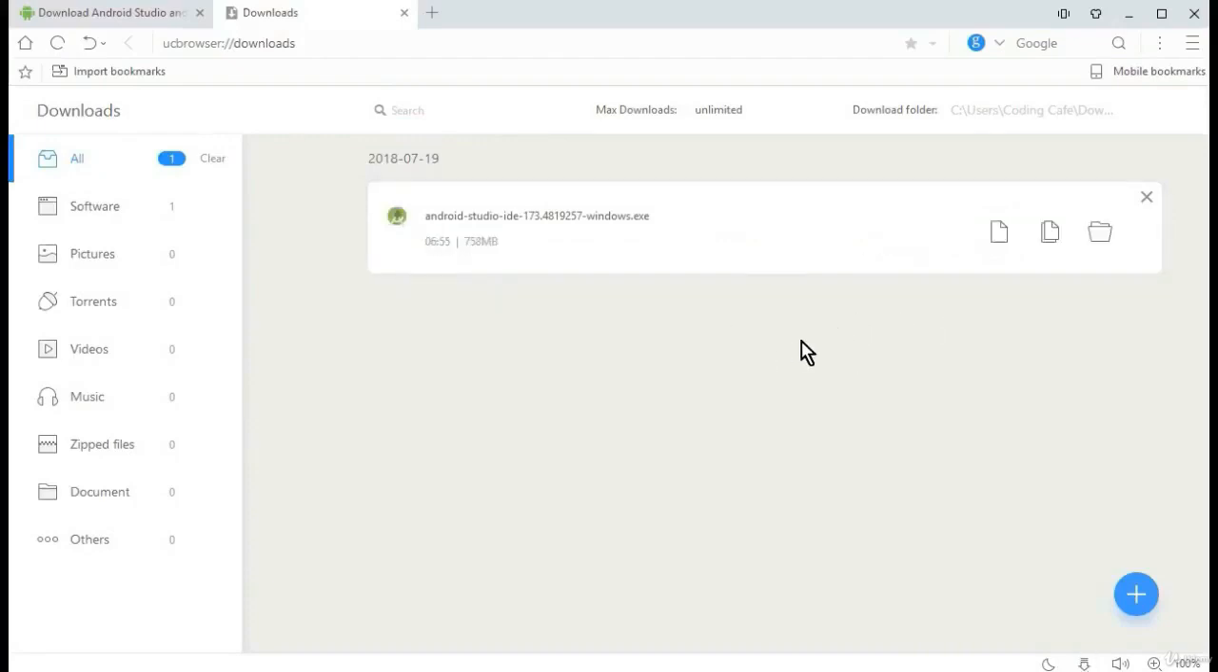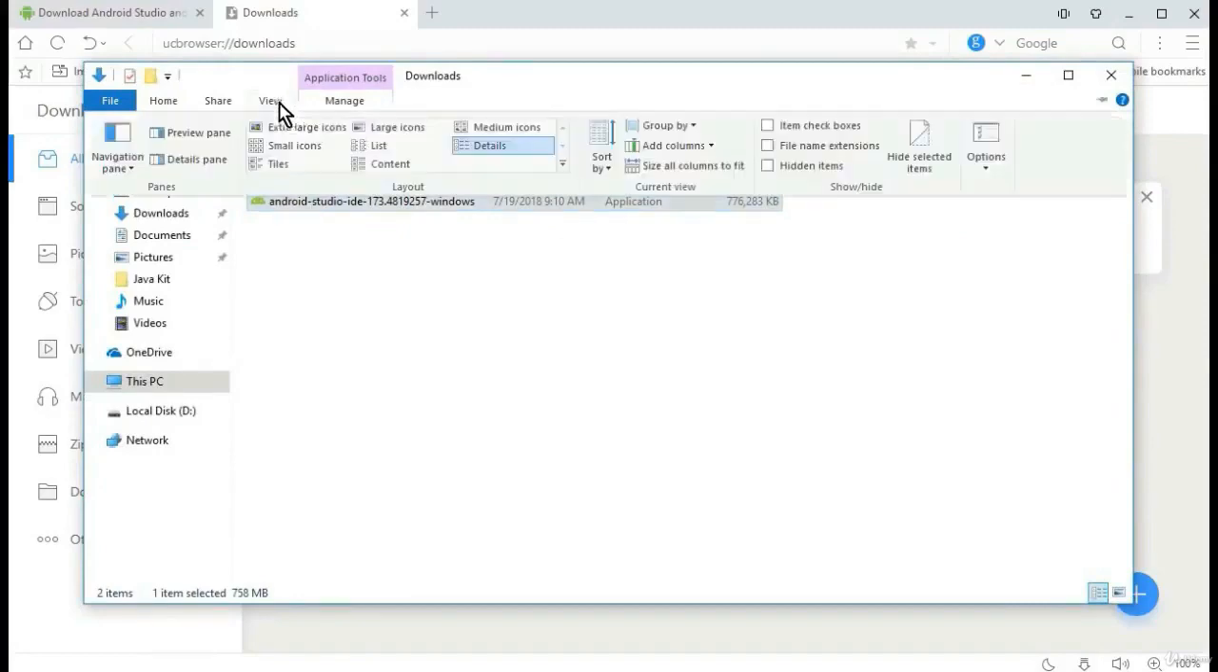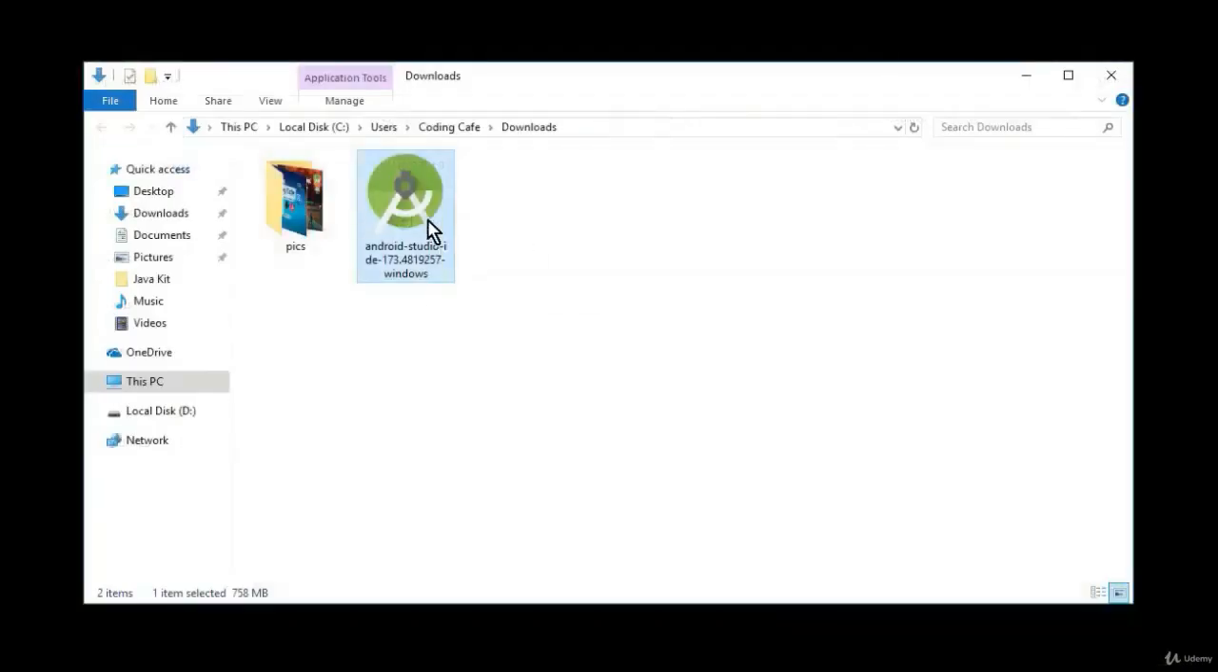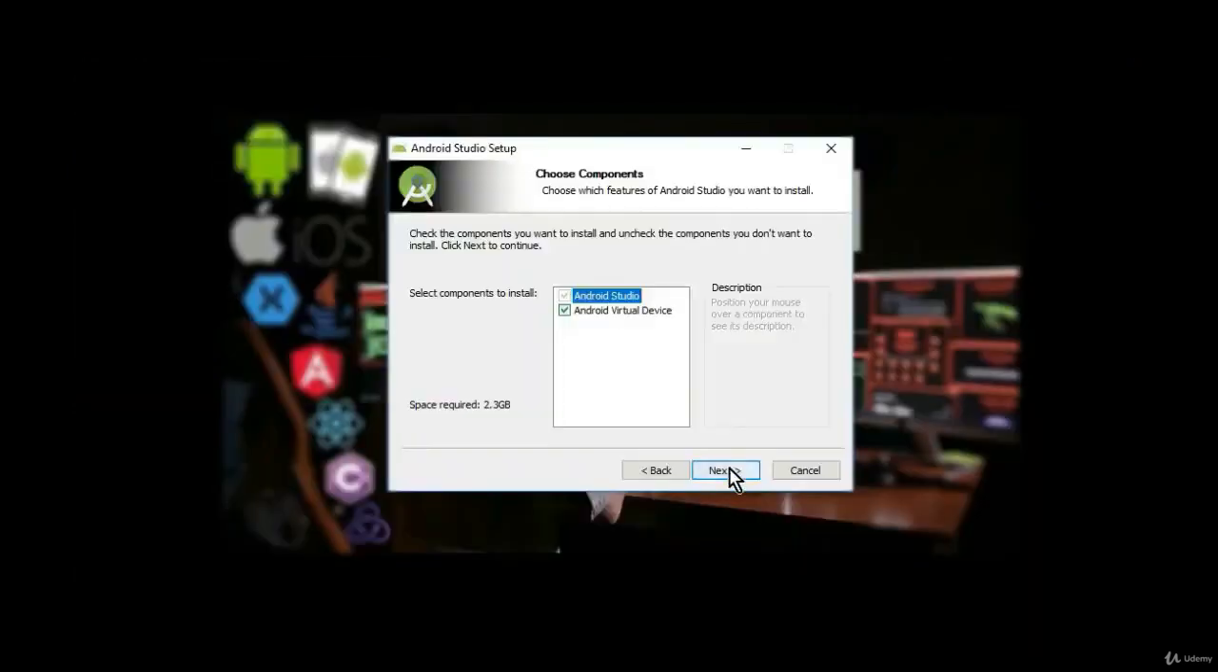So you can see that the file is downloaded successfully. Now you can simply go to that folder where you installed this Android Studio .exe file, which is this one. You can see that. So now double click on this and you can see that welcome to Android Studio setup. Click next,